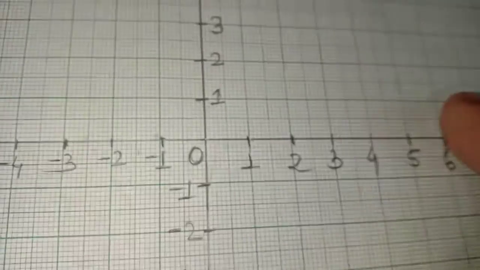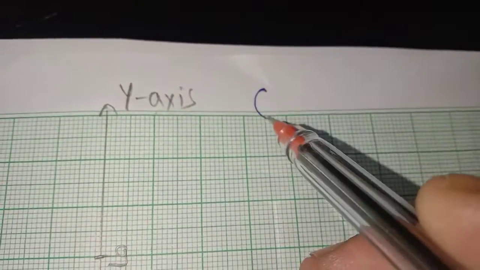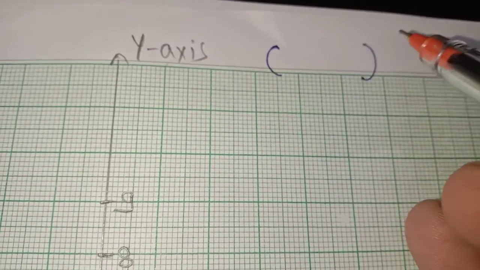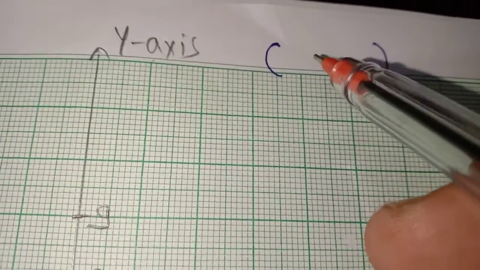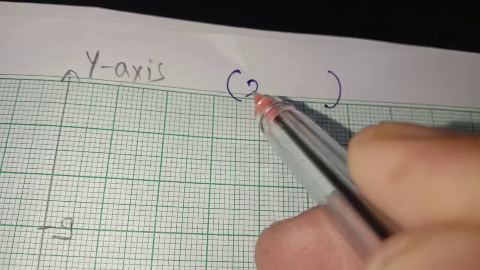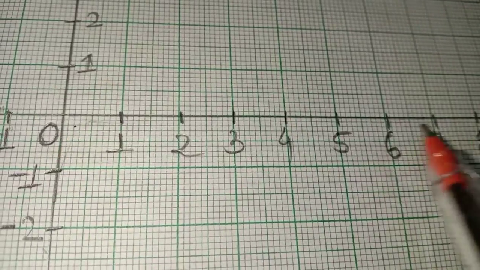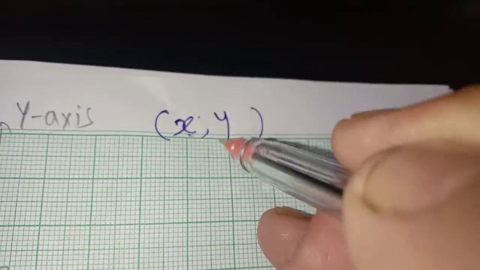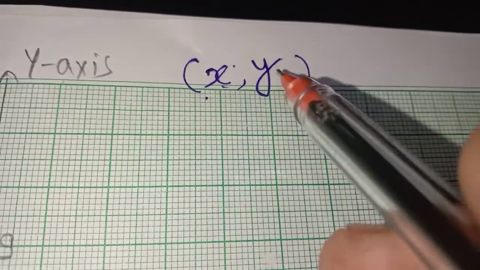So let's come to the topic now. How to locate the points? Actually, in the Cartesian system, if we write something in brackets, according to the convention, and I say convention because we have followed the same thing from the past, it is always the x-axis first, because this one is horizontal. So we consider the horizontal plane first, and then we go for the vertical, the y-axis. So this is the way to represent the points in brackets.